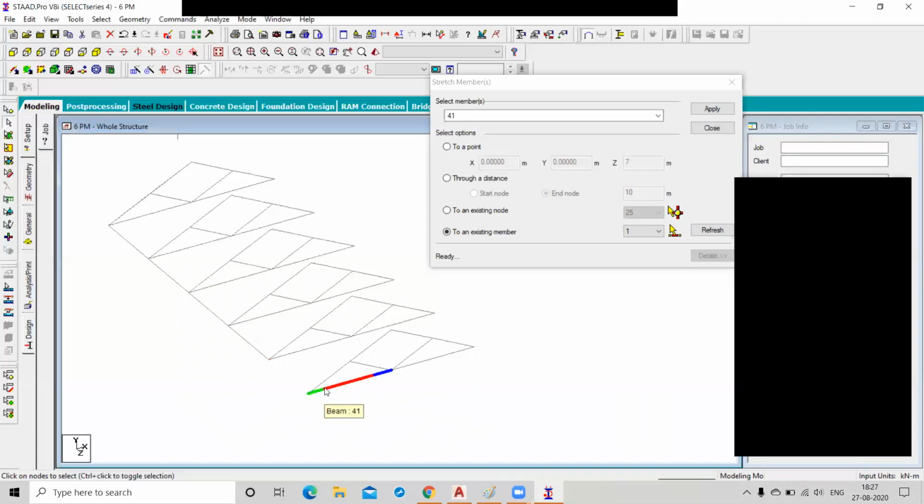That's why select this member, click on apply. See, no stretchable member is found, right? Yes, sir. So select this member and pick node and select here and apply.